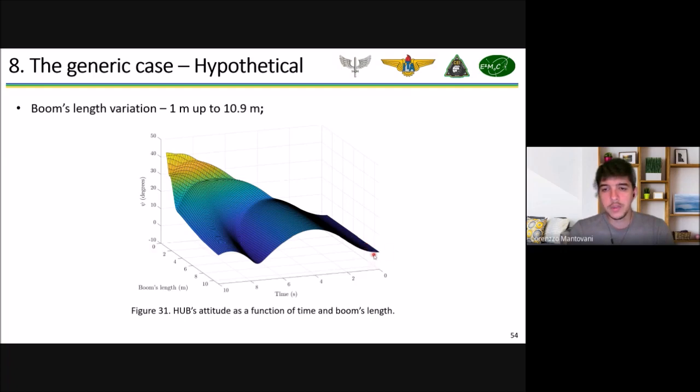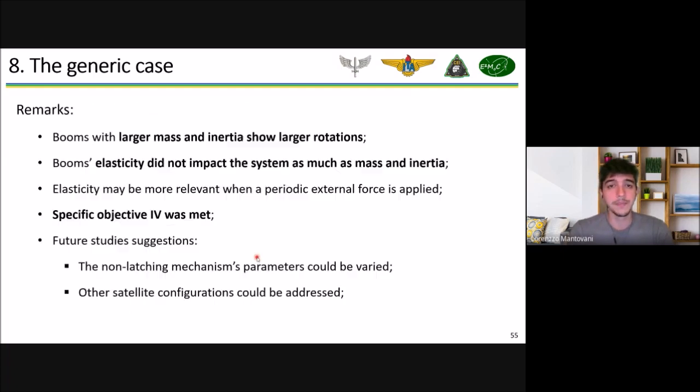But when we go to the opposite side and consider the case with almost 11 meter length boom, and we apply the torque, the satellite starts to again increase its angular position, but then it decreases it, and that's because of this mechanism and this non-latching boom. It now has a big inertia, so as the satellite tries to rotate, this boom is making it difficult, forcing against it, so the system starts to oscillate around this new position, and that's what we are seeing. So this is the influence of this big non-latching boom on our system.